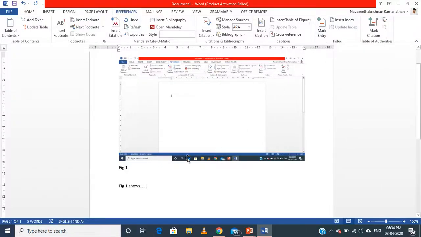You can give the table numbers and captions manually here, and you can manually refer to whatever image you have used. But there is also a shortcut.